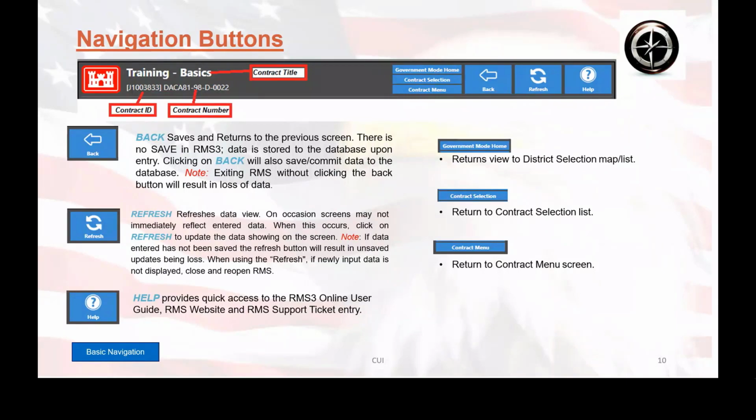All right, navigation buttons. Once you open up a contract, all of the navigation buttons will pretty much look like this. These three, back, refresh, and help, are always going to be there, no matter where you are at. However, the government mode, the contract selection, and the contract menu will only show up depending on where you are. Government mode home will show up as soon as you enter into the district. Contract selection will show up as soon as you enter into a contract, and contract menu will show up as soon as you go into any of the modules